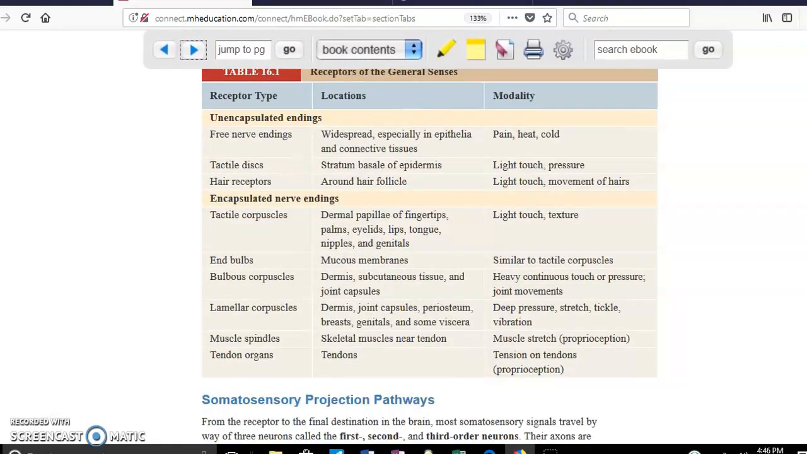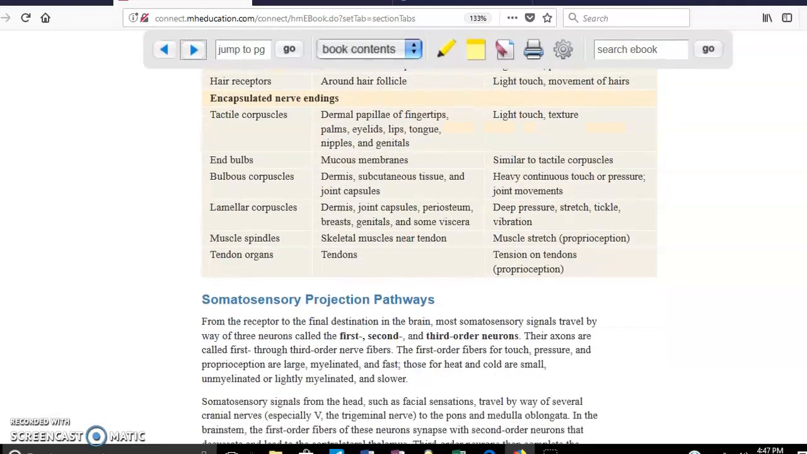You can skip all that if you focus on this table, because in this table you have a nice summary of what they do and what they are. Right here you can see unencapsulated and encapsulated. For example, this one says free nerve endings. What do we use that for? For example, pain. This one, tactile corpuscle. What is that one for? Light touch. You don't need to know the locations specifically, right? As long as you know that we have two main types of receptors for general senses, that would be more than fine. So if we keep scrolling down, somatosensory pathways,